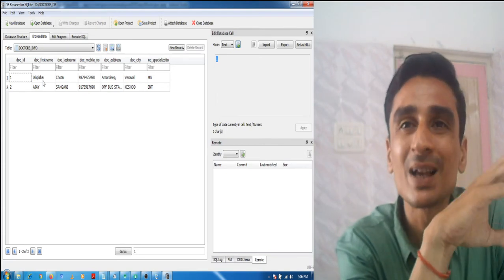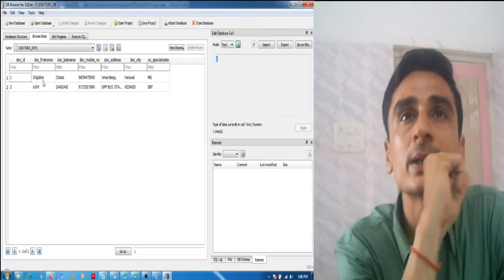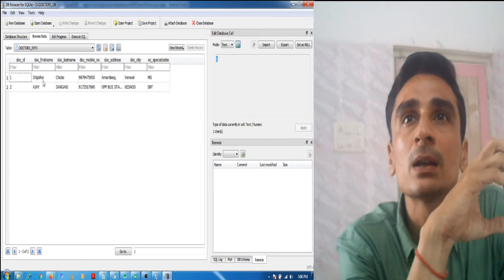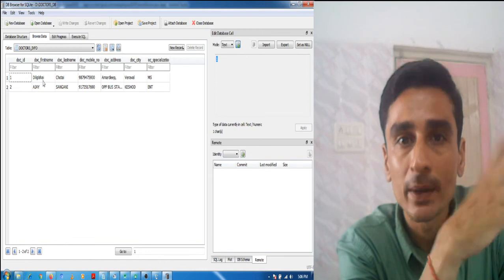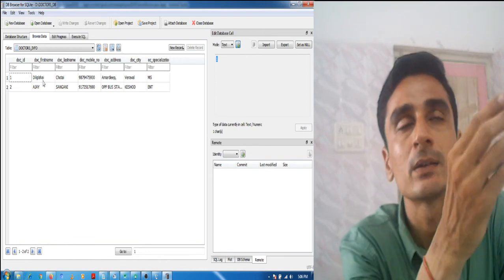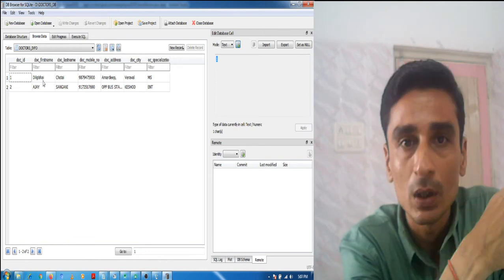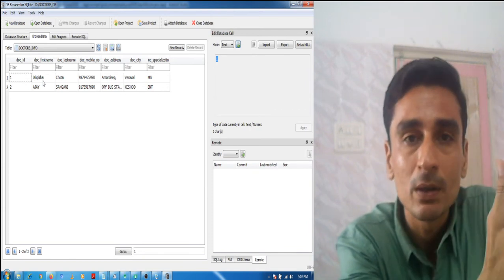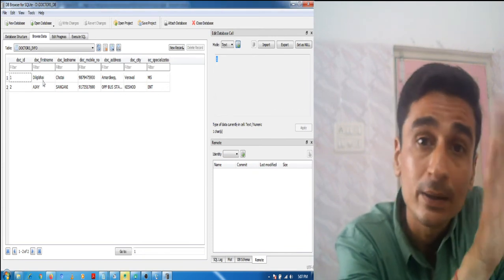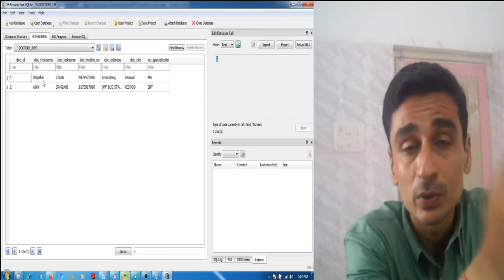So what should we do? As a developer, we can do one thing here. We can store all the names in uppercase only. So when the client is entering data, before entering that data into the table, we should convert it to uppercase, and then we will insert it into the table.